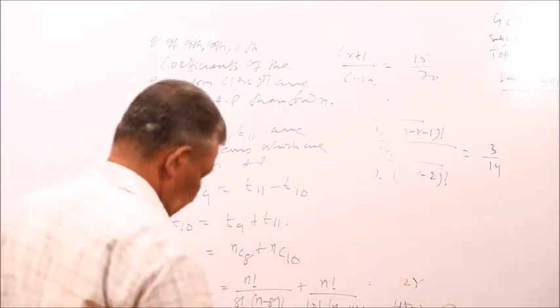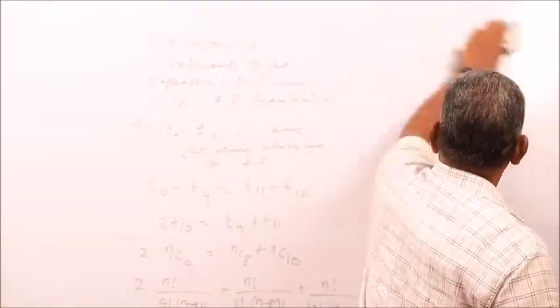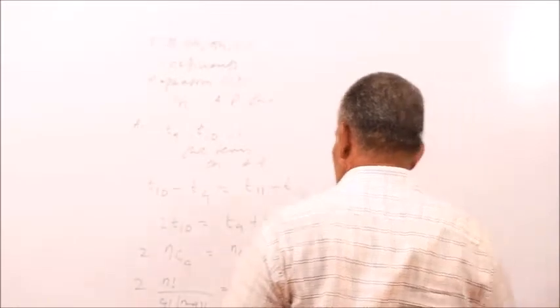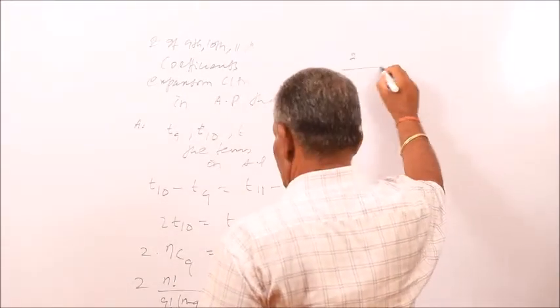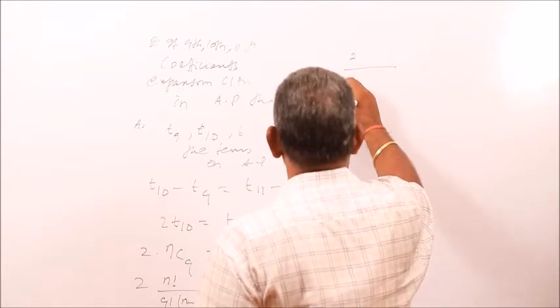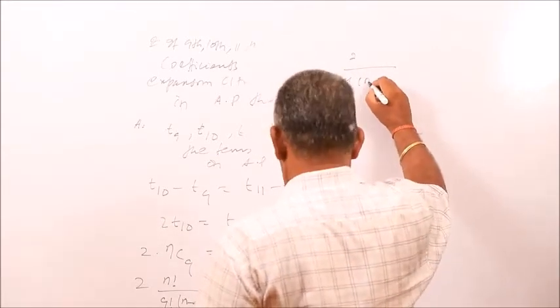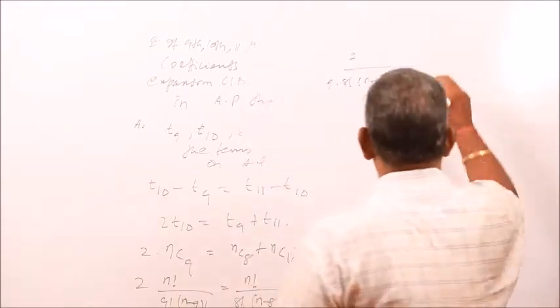So we can cancel n factorial from all the terms. So 2 by 9 into 8 factorial, 9 factorial can be like this, n minus 9 into n minus 10 factorial equals to